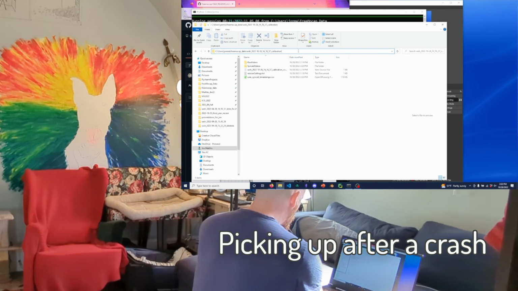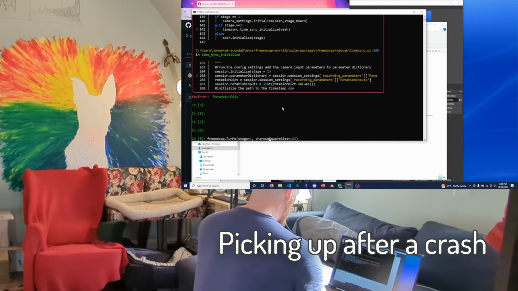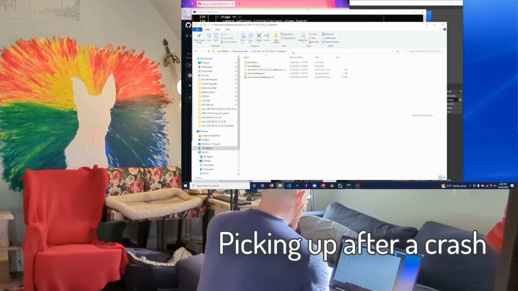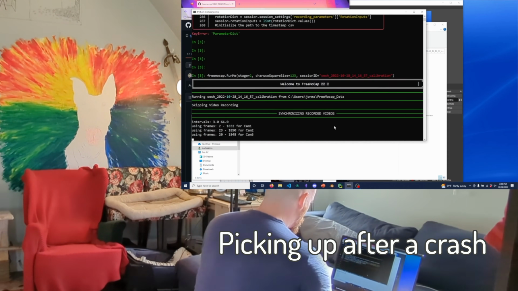Okay, so I have to grab, for complicated reasons, I do have to specify the session ID. So I'm going to push up, and then I'm going to add session ID equals, and then in quotes, the name, oops. Session ID equals, can I do that? No, doesn't like it. I guess I didn't have it on my clipboard. There, Control C, there, Control V, there we go. Except I need it in quotes, quote, V, quote, go. Okay.